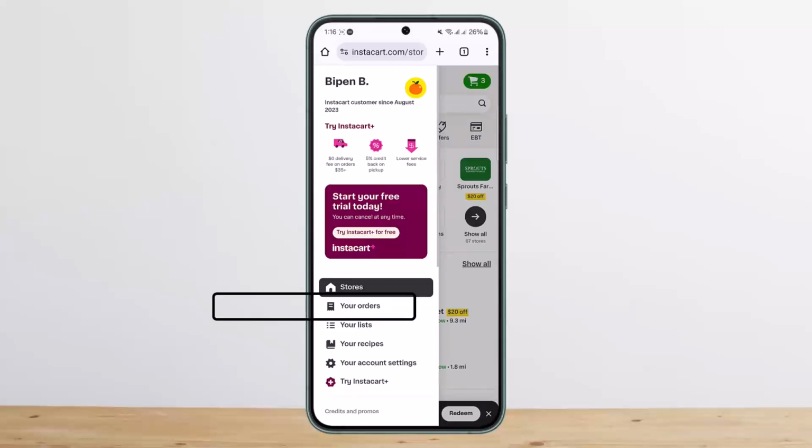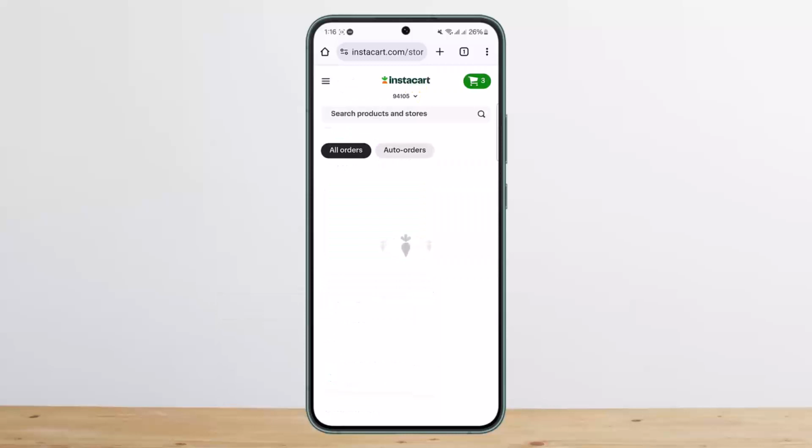You want to simply select the option that says your orders, tap on it, and you'll be headed to the page where your order pops up. In my case, I don't have any orders, but if you do have one, you want to tap on the